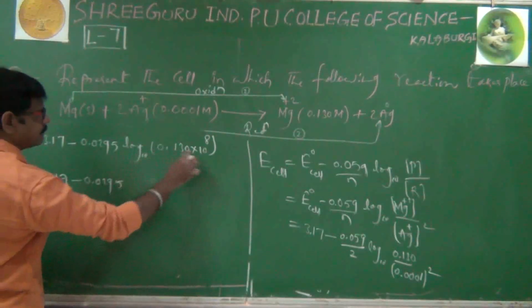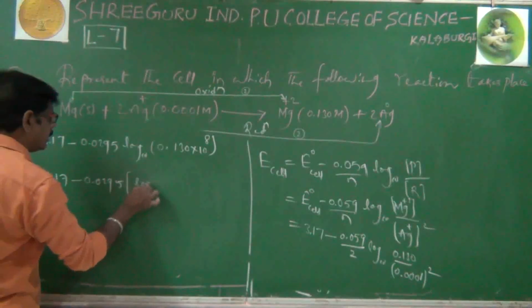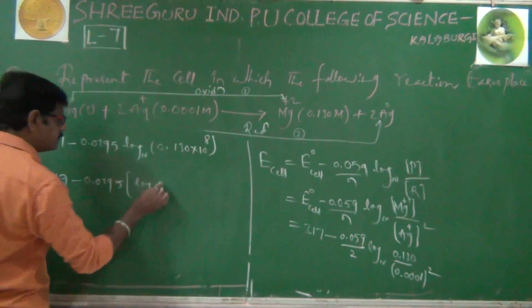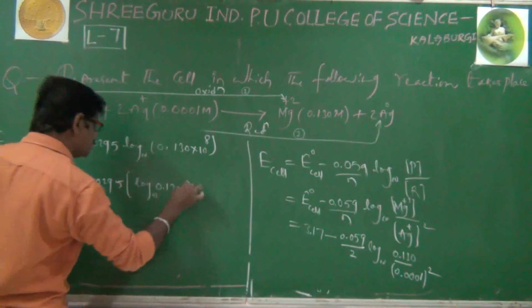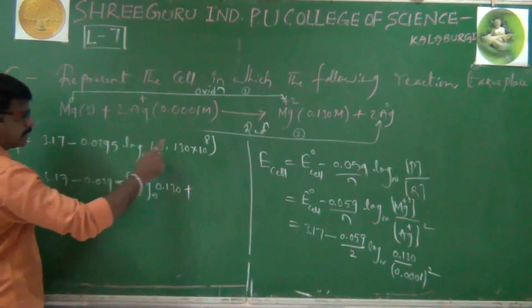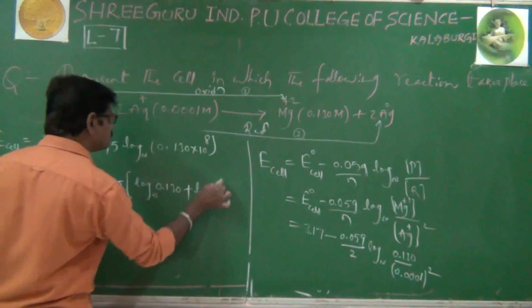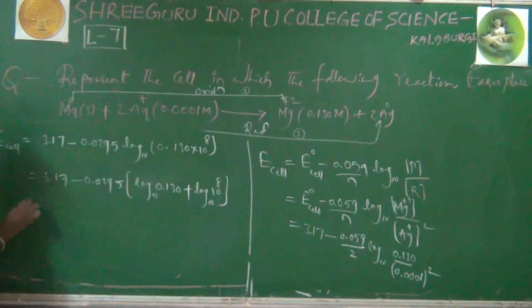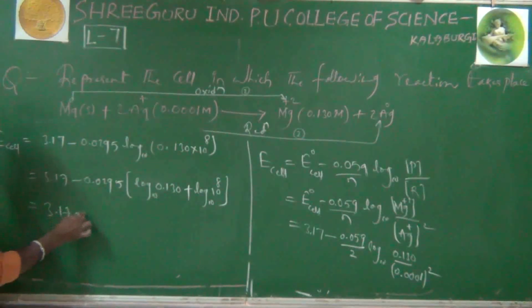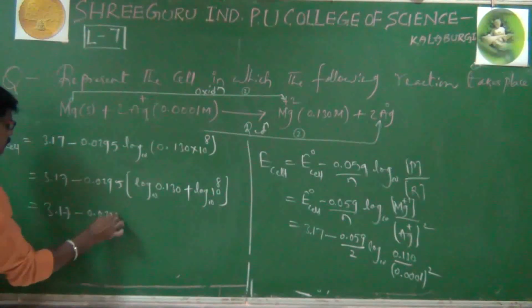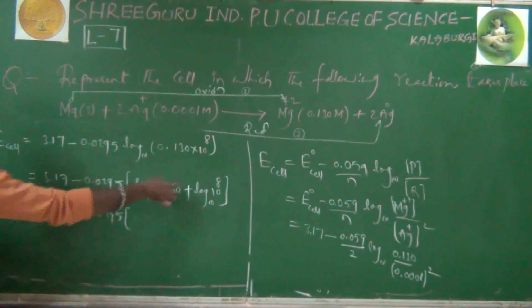And again, using the log of m into n formula, we write log base 10 of m, nothing but 0.130, plus log of n, log base 10 to the power of 8. 3.17 minus 0.0295 log base 10, log